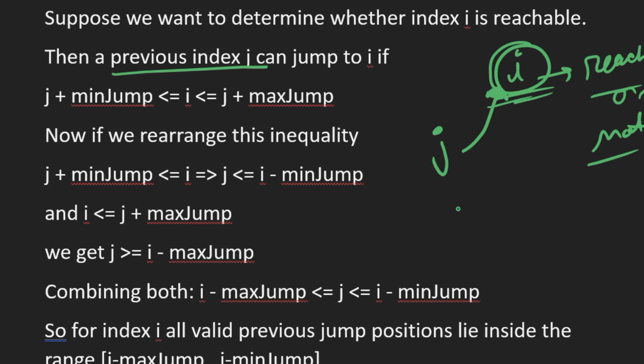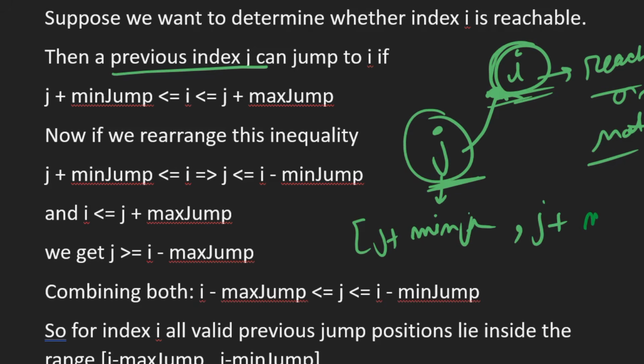For that, this index i should lie in the jump range of index j. And what is the jump range of index j? That is j plus minJump comma j plus maxJump. So this is the jump range of index j. If we have to jump from j to i, then i should lie in this range, right?